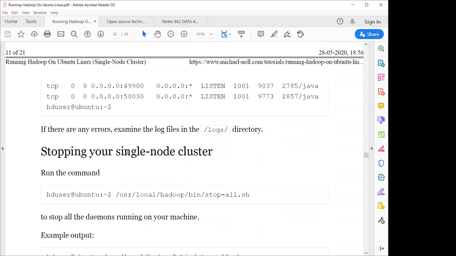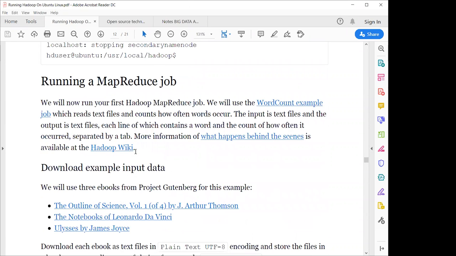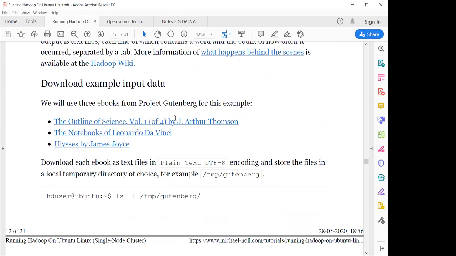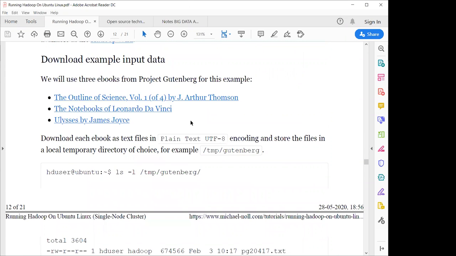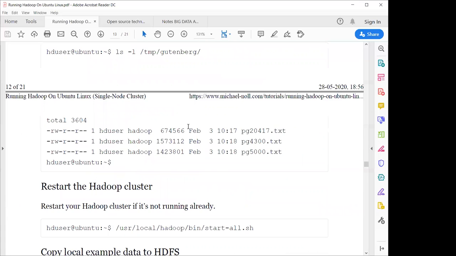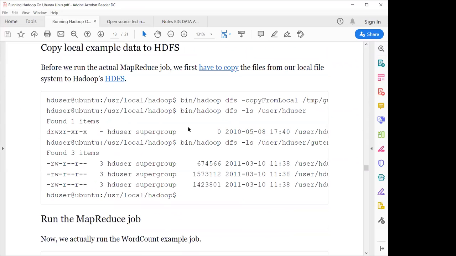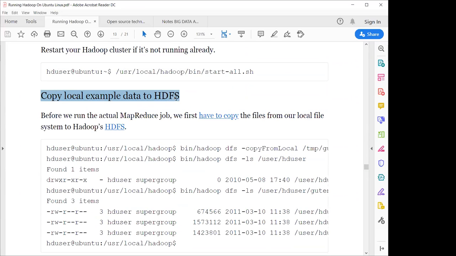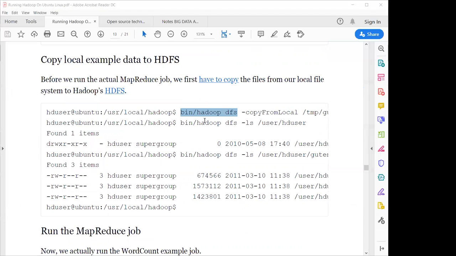Now you can follow this information, and there are different types of applications you can run on Hadoop. I have run the word count application, text processing, and the k-means and k-medoids applications. You can do that and so on. Now, copying local data is also important. Suppose you have a large amount of data in your OS file system. Basically, Ubuntu supports the ext file system, so you have to transfer that data to the HDFS file system, because that is not applicable here. So you have to follow these things.